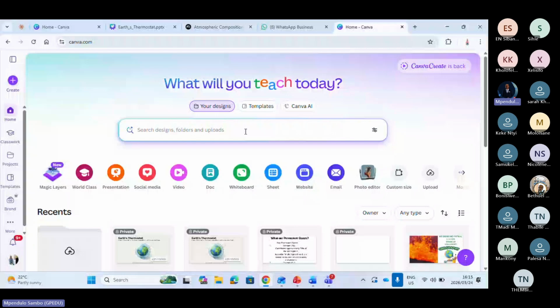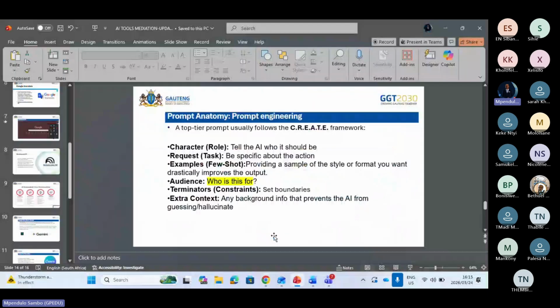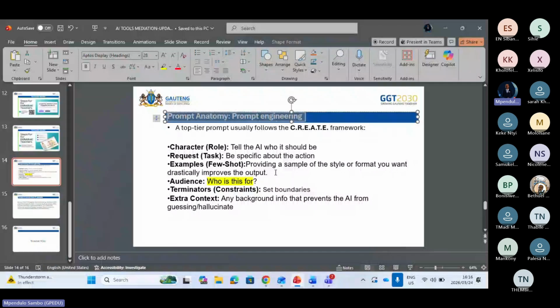Okay, so colleagues, I am not going to fill up the screen. Just allow me to demonstrate like this because I want to move from one slide to the other. This one is called the prompt anatomy or prompt engineering. What is it? For you and I to be able to generate a CAPS compliant lesson that is covering all the requirements, the lesson objective and so forth, we need to use this method of framework that is known as the frame or create framework. So let me just explain this one quickly before I go to the practical.